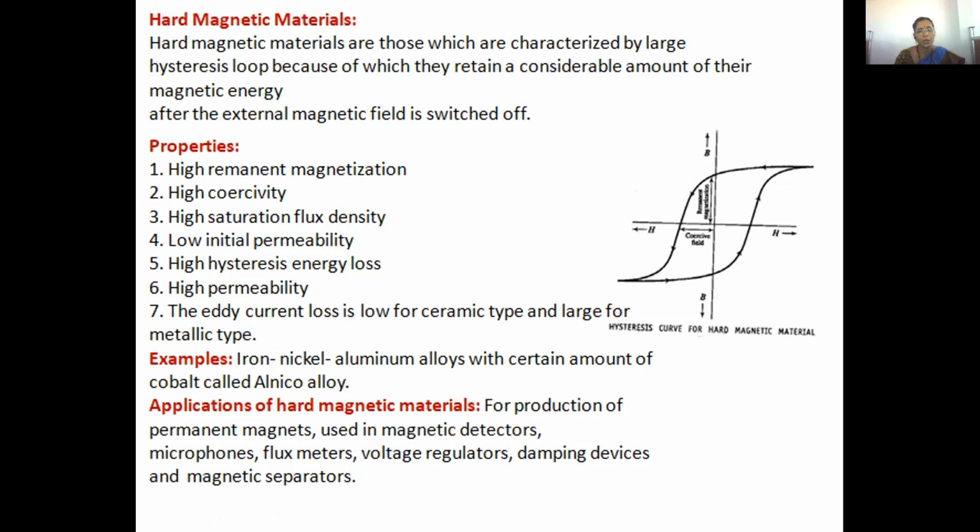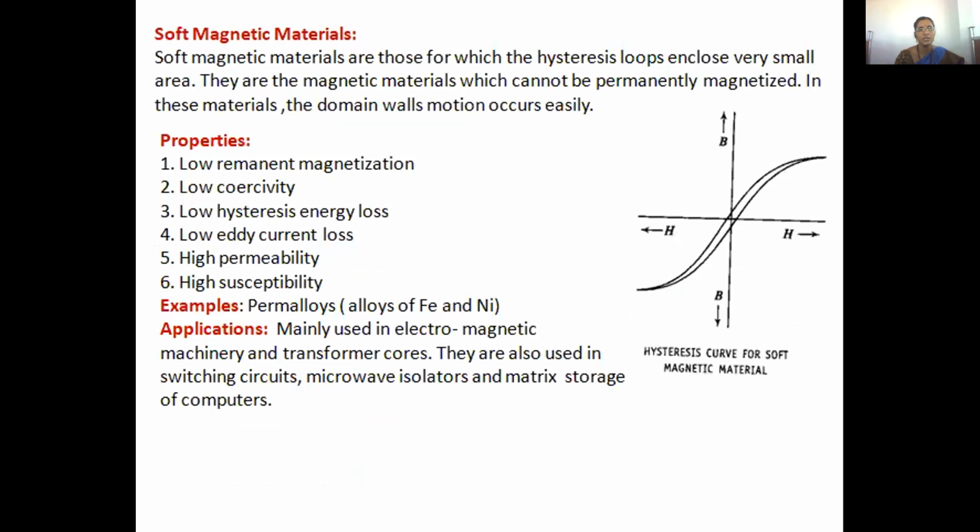Examples: iron, nickel, aluminum alloys with a certain amount of cobalt, called alnico alloy. Applications of hard magnetic materials: for production of permanent magnets used in magnetic detectors, microphones, flux meters, voltage regulators, damping devices, and magnetic separators. Especially for permanent magnet production, we generally use hard magnetic materials. Whereas